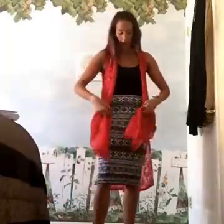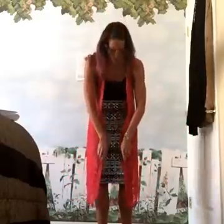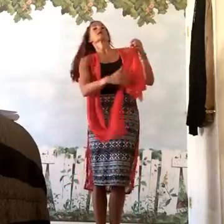Now, one of my favorite ways to wear the Joy is all I'm going to do. I'm taking my front two pieces here, go all the way down to the bottom, and get those front little tails. Tie them together, as close to the end as you can get. So now what you can see, all I did was I tied the front. So take this piece, flip it over your head,